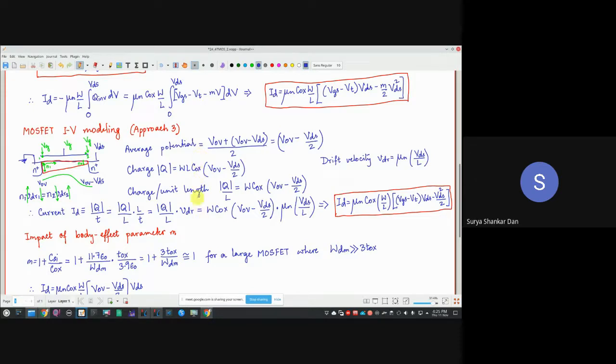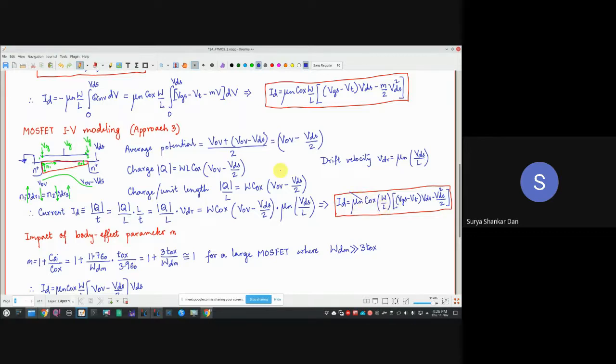Very, very simple. But it does not take into account any of the complexities of the MOS device. So you end up with the same equation, but even the body effect parameter is missing. And you will see in the subsequent classes that small m is going to be important for subthreshold characteristics. Here there is no concept of subthreshold at all, because this approach of modeling begins with the idea that there is already a trapezoidal channel embedded inside the device. So you cannot get any idea about all the intricate regions of operation of the MOSFETs.